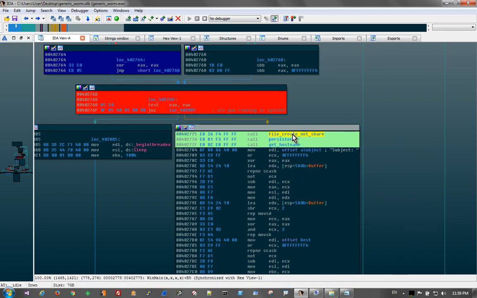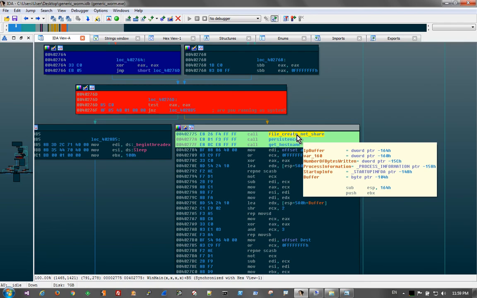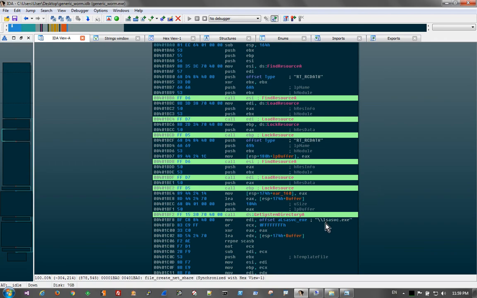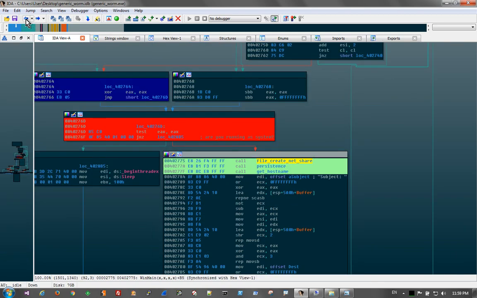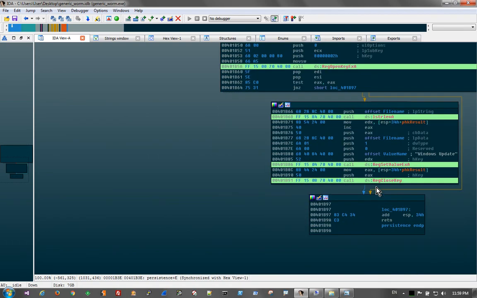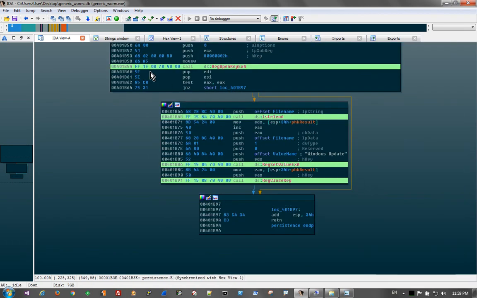So to the right, it's really simple. This file create net share function that I named here, essentially what it does is drops out a backdoor, and it names it LSASBC. The backdoor is pretty straightforward. I believe it's PECompact packed, and it's just a generic backdoor, something for the authors to connect into the machine on. And then the next call directly after that sets up persistence in various registry keys like the current version Run, and sets up services to run every time that Windows boots,